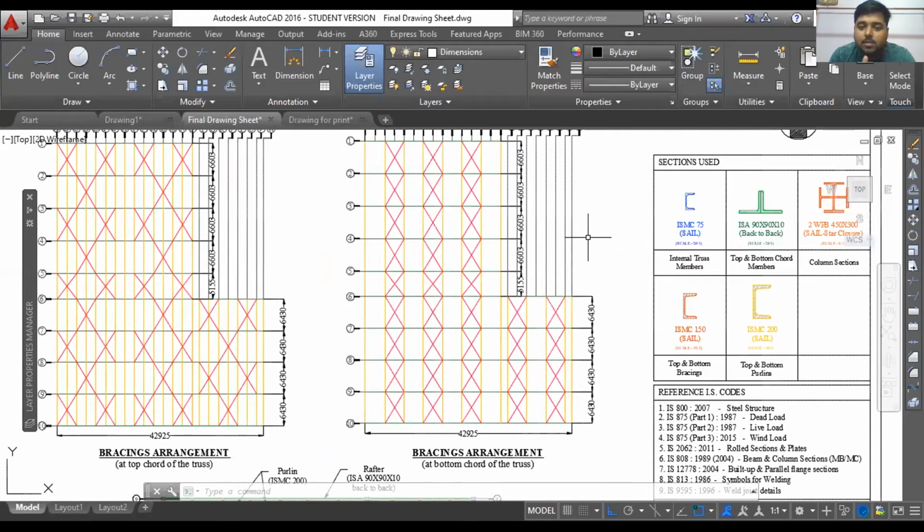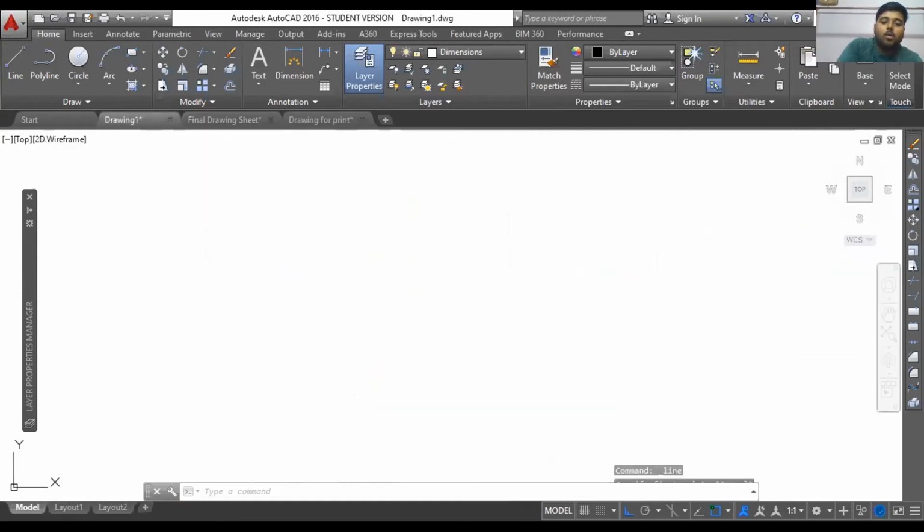Within just one click, I can easily change these from millimeter to feet and inches, millimeter to inches, millimeter to feet, whatever I want. I can do it within this particular drawing also. No need to worry about that before starting the drawing. The only thing you need to keep in mind is that my drawing should be in proper layers. Each and every element which is separable or which represents a different entity should be in different respective layers.